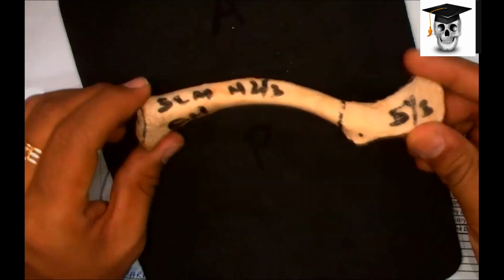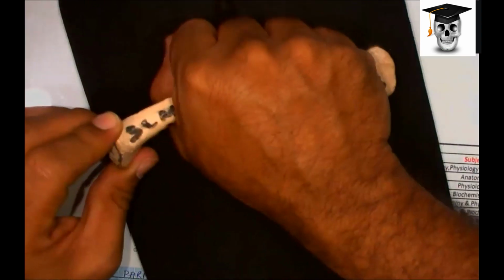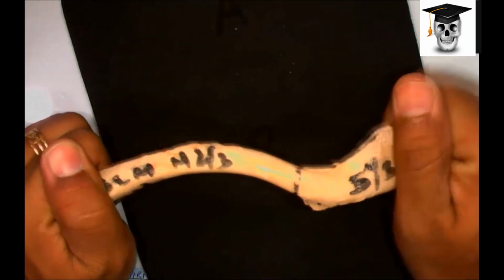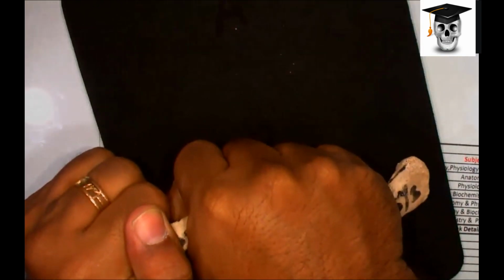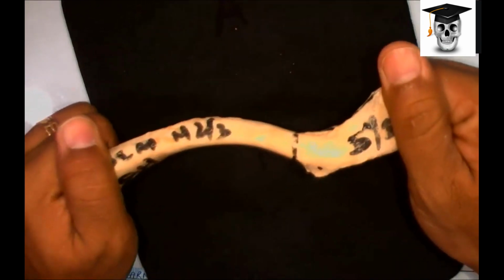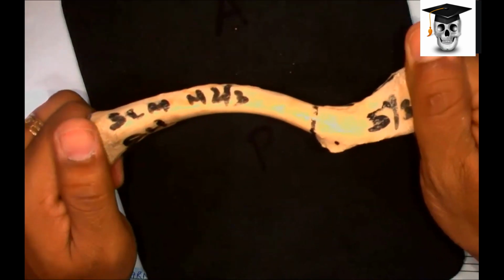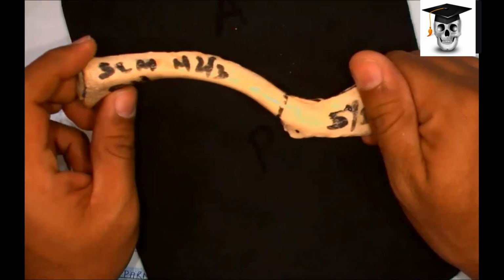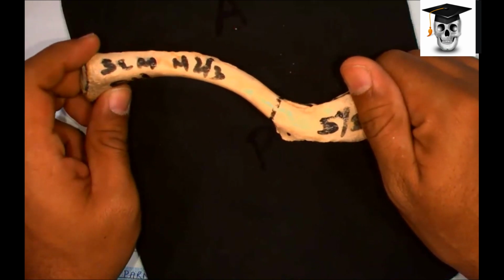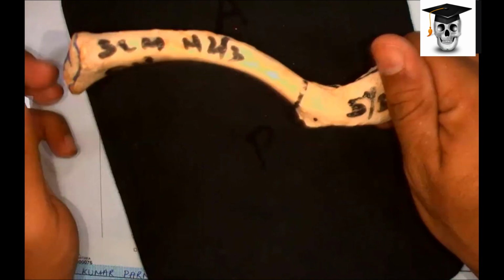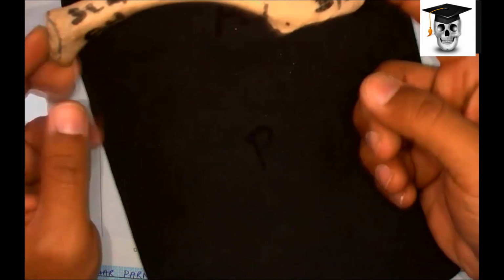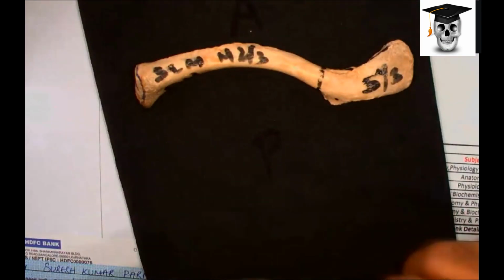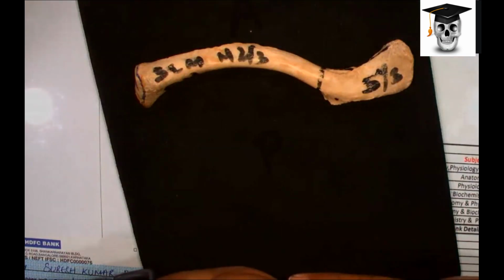Now, one thing you have to remember is that the entire shaft, except the ends, ossifies in membrane, whereas the ends ossify in cartilage. So you can call this the bone which is majorly ossifying from a membranous ossification, but the very small ends are ossifying in the cartilage. So you can also call this bone a membranocartilaginous ossification bone.